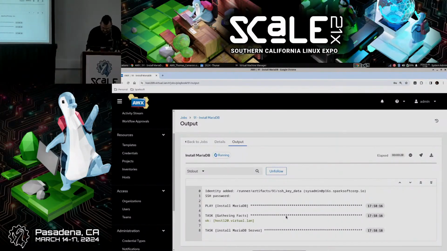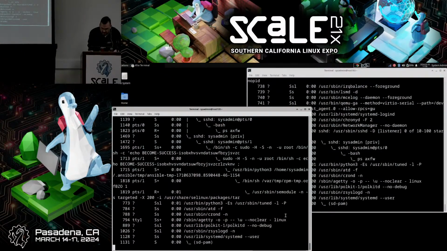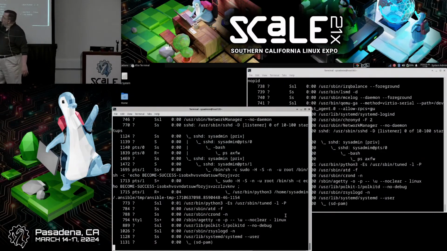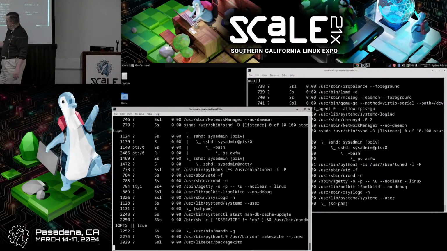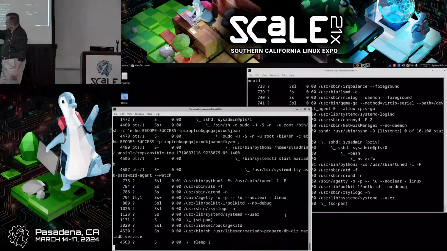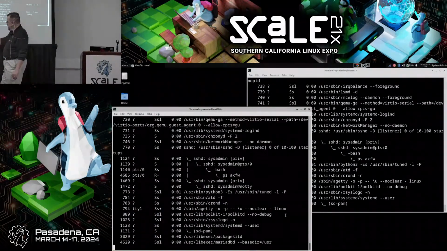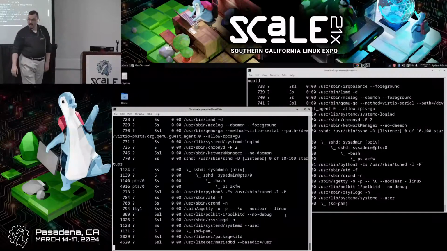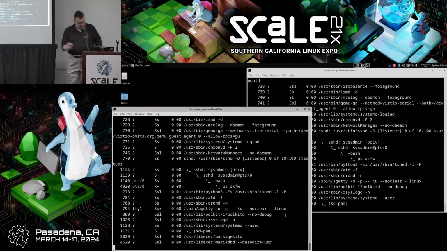But you can see, and I'm going to pop back over to here, and there you go. You can see that you've got a bunch of processes running in here. A bunch of stuff gets fired up, and after a few seconds, hold on, oh, I saw it. There we go. MariaDB is running on that machine. And on that machine, because I did